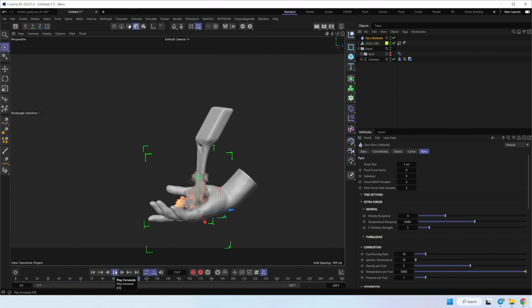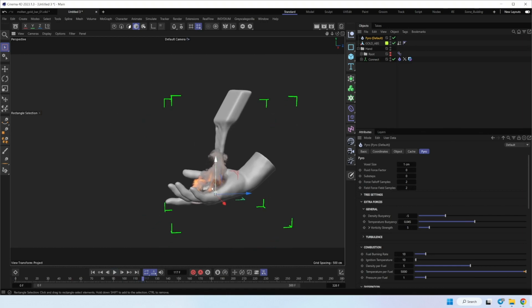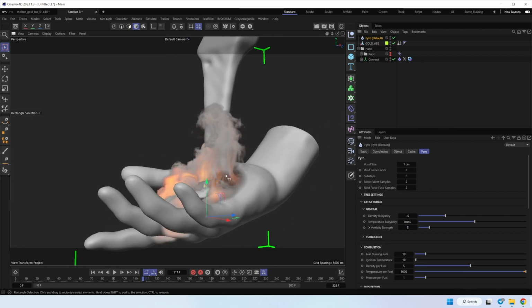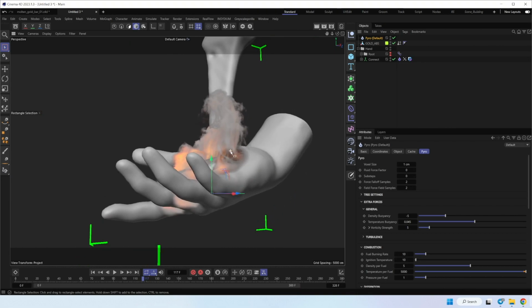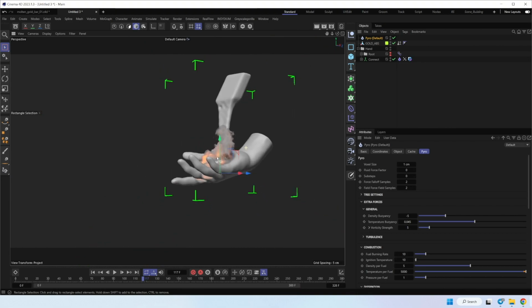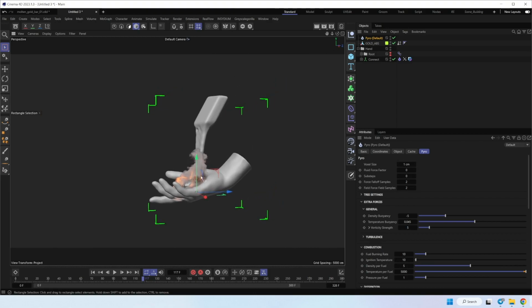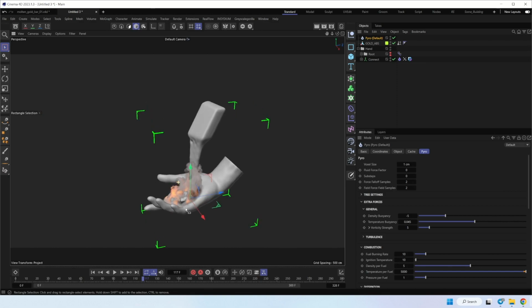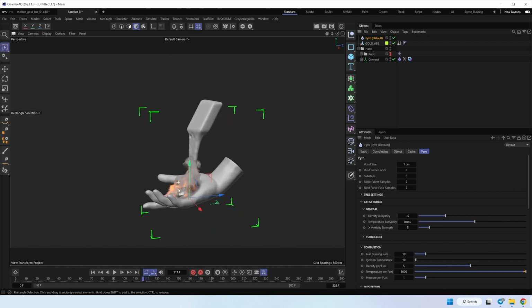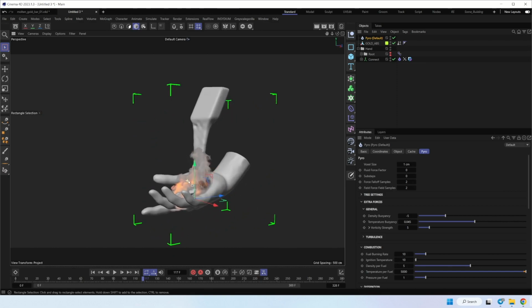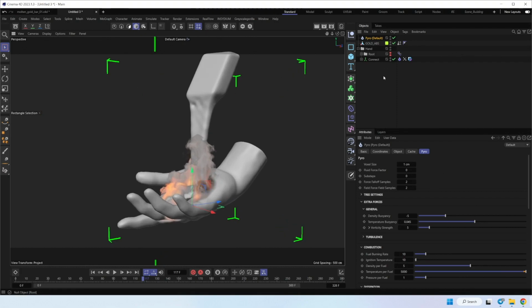As you can see now, we have a much more detailed simulation. It can be very useful if you have some close-up shots like this. For some general view, it may be too much, so you can use bias settings. But it's pretty similar to the original, so let's go to the export settings.